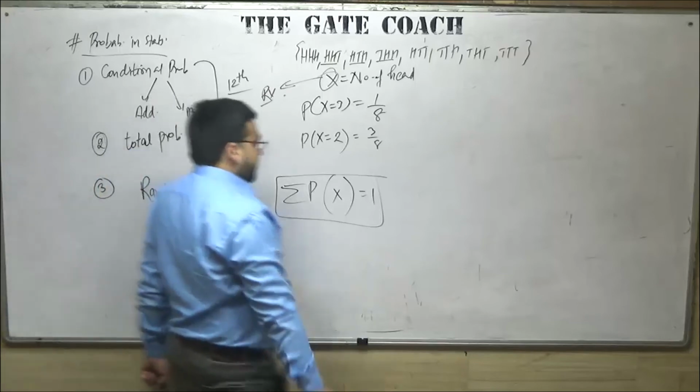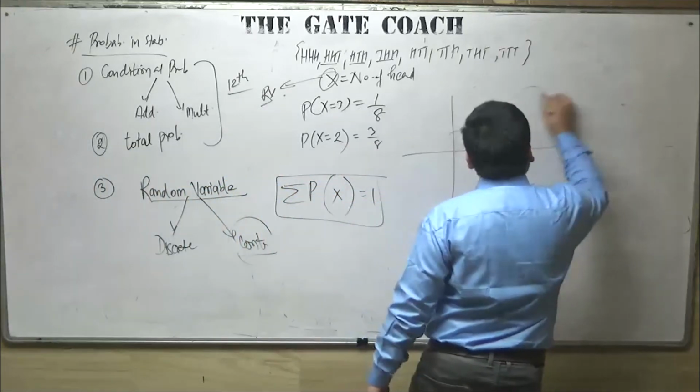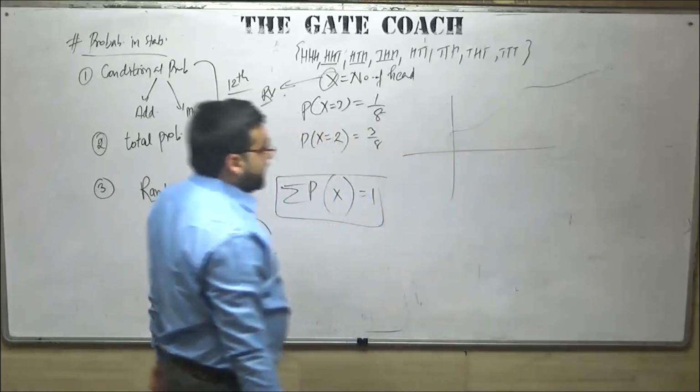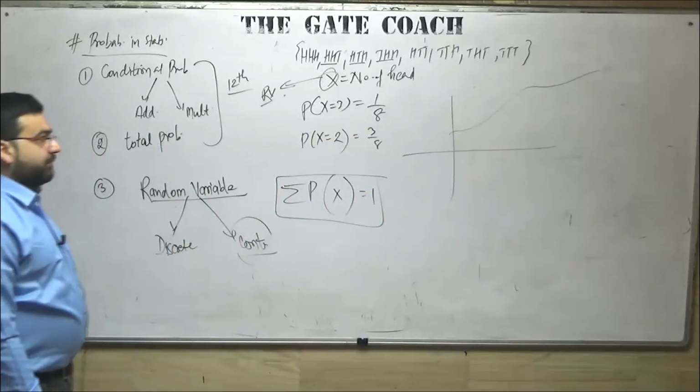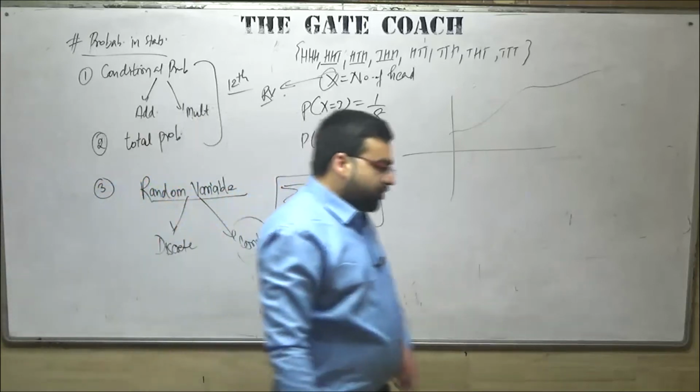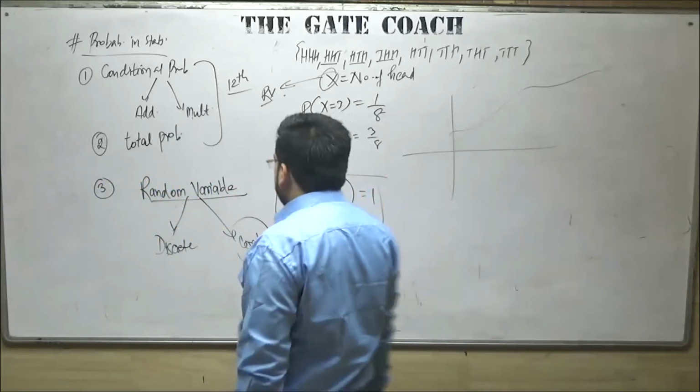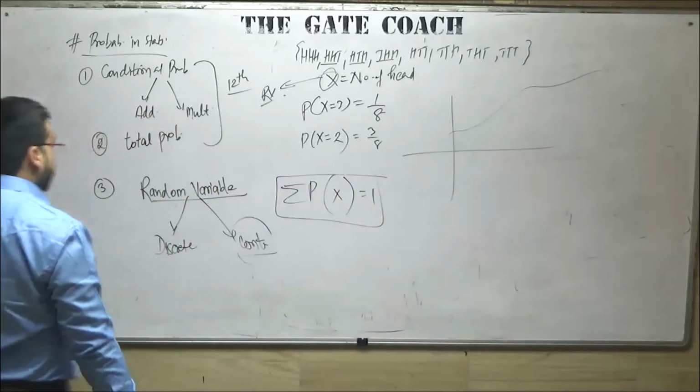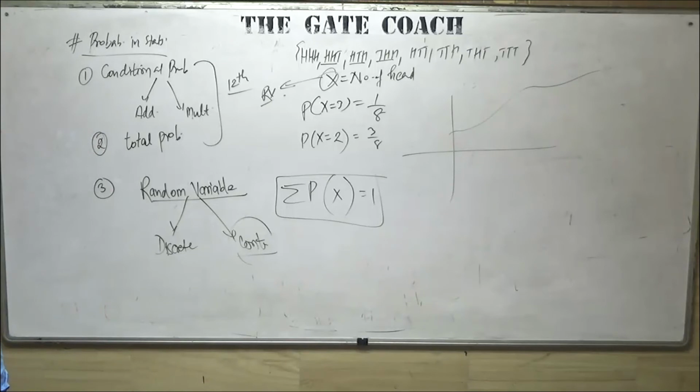Then we had the continuous random variable. Now continuous random variable, if the graph is continuous, if you are defining a random variable, that is called the continuous random variable, especially in the case of normal distribution, we had the continuous random variable. Okay, for Poisson distribution, we discussed the function of the Poisson distribution.